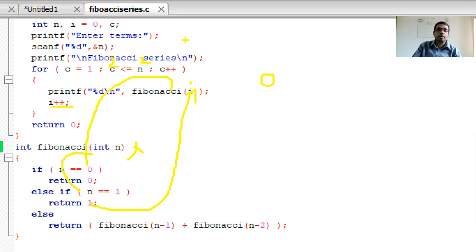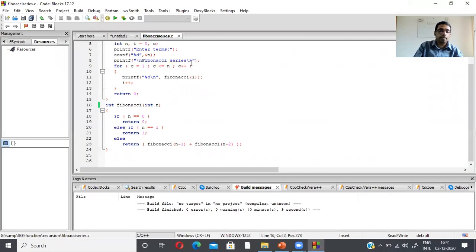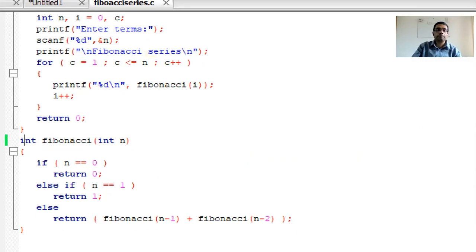Okay, for example, we are giving the value 3. First, 3 terms will be printed. How will it print? The loop starts from 1, and the n value is 3 now. 1 less than or equal to 3 is true. Then we will print Fibonacci of 0. The I value is 0, so it will come to the function. The actual parameter value of I gets copied into the formal parameter n. The n is 0, true, so it will return 0. Here it will print the value 0.